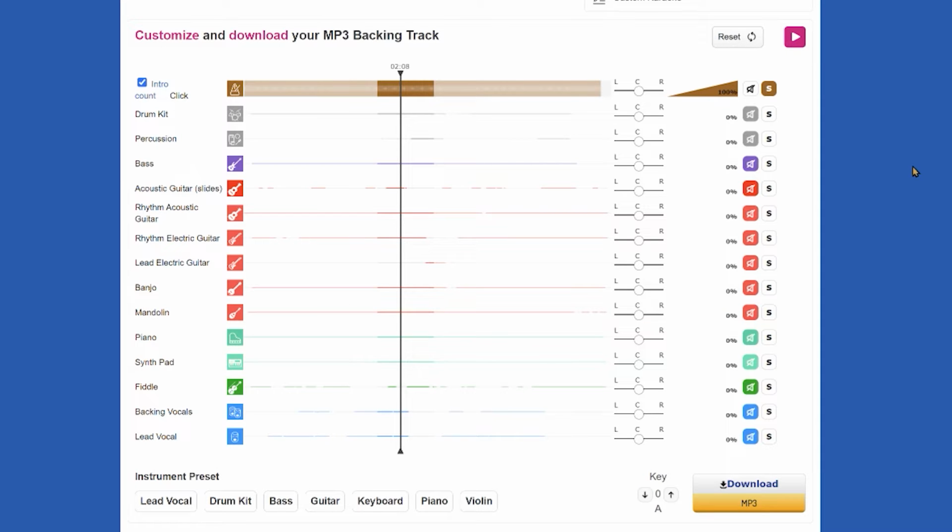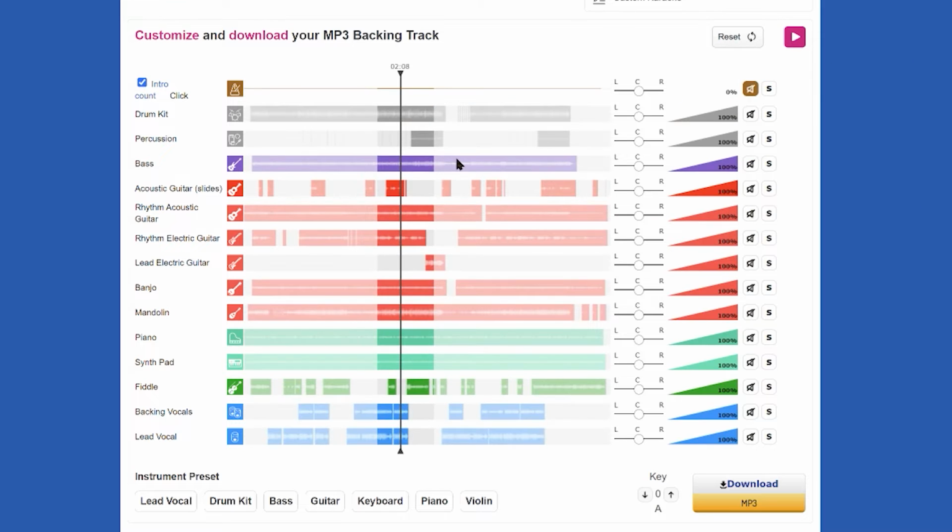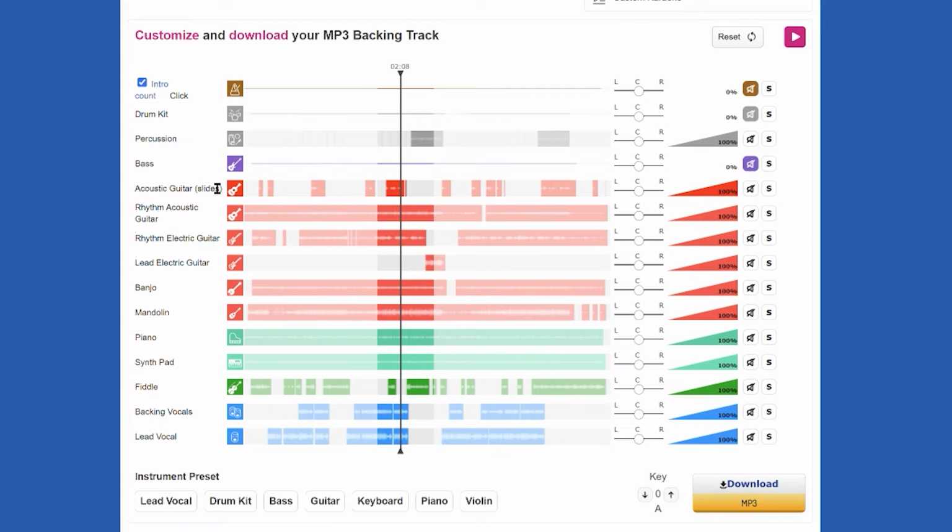That's great. The second track I want to download is a combination of all of the instruments that I need, but none of the ones that we don't. So let me just reset this. Now, we don't need the click track because we just downloaded that. Going down the line here, we don't need drums because I play them in the band, so that's my role. Percussion, I'm assuming that's shakers and claps that we heard earlier, so I'll leave that in, that's fine. Bass guitar we have, so we don't need that.